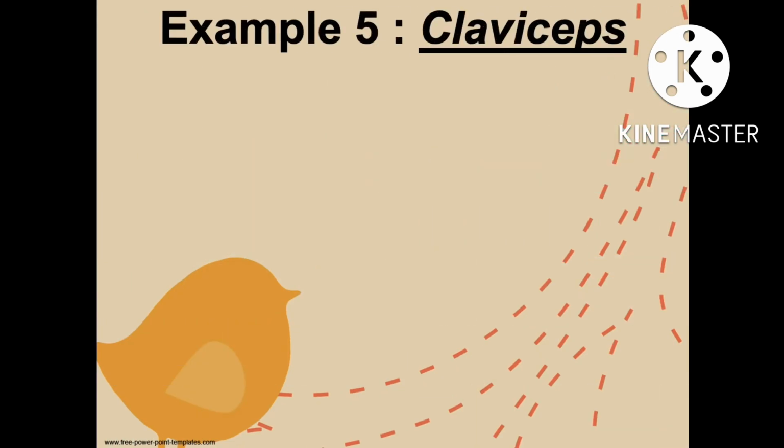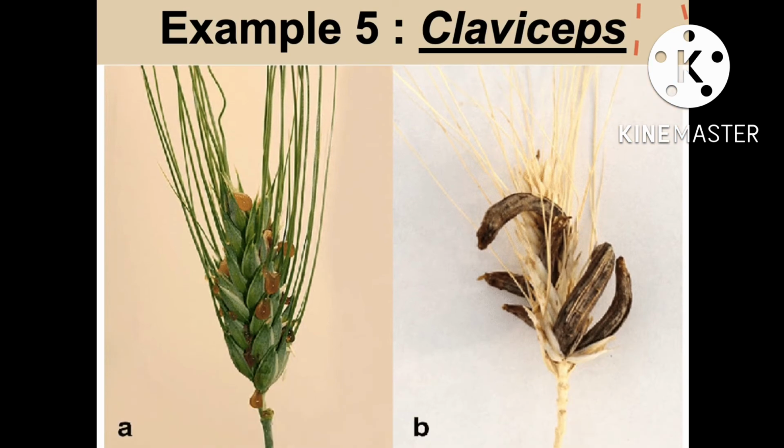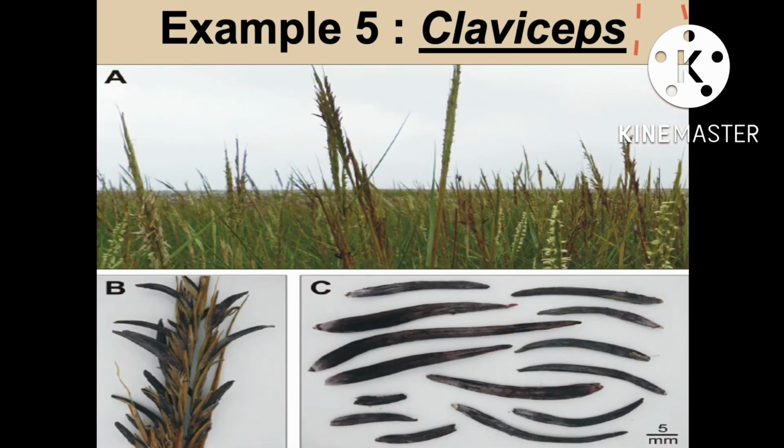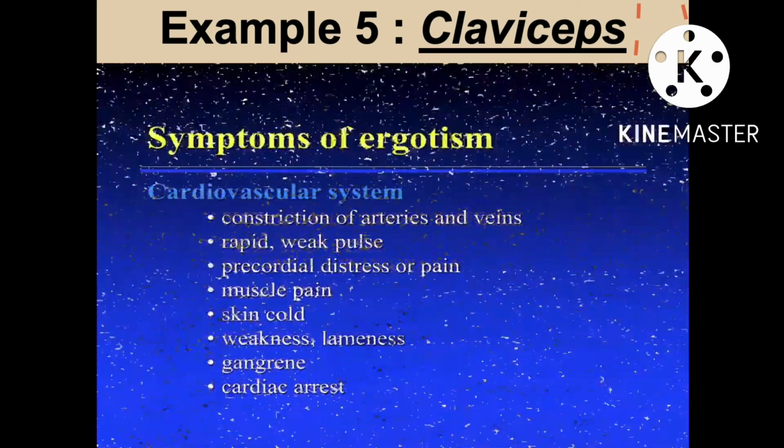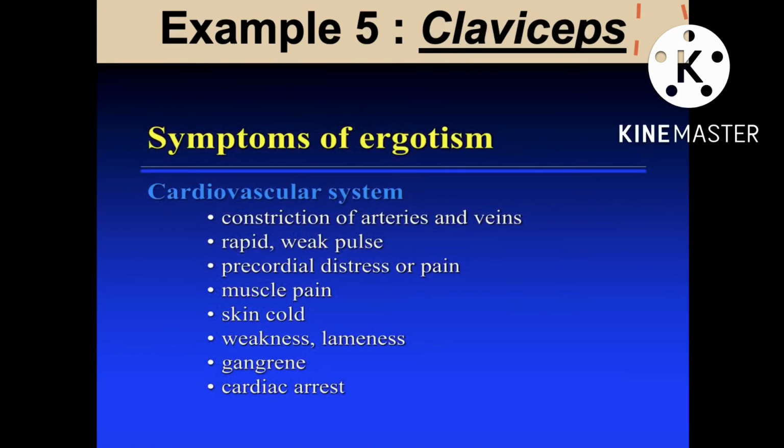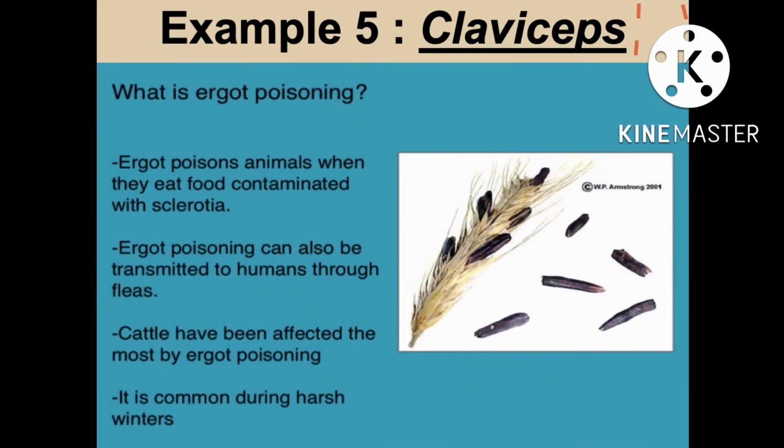Next is Claviceps. The most common species of the genus is Claviceps purpurea, which causes ergot of rye, that is, sickle cereal. The disease also appears in wheat, barley, and oat. The grains of the diseased plant are replaced by hard horn-shaped purplish sclerotia or ergot. Eating of infected cereals causes ergotism. The disease results in convulsions, paralysis, hallucination, and final death of man. Consumption of ergot also causes several diseases in domestic animals.